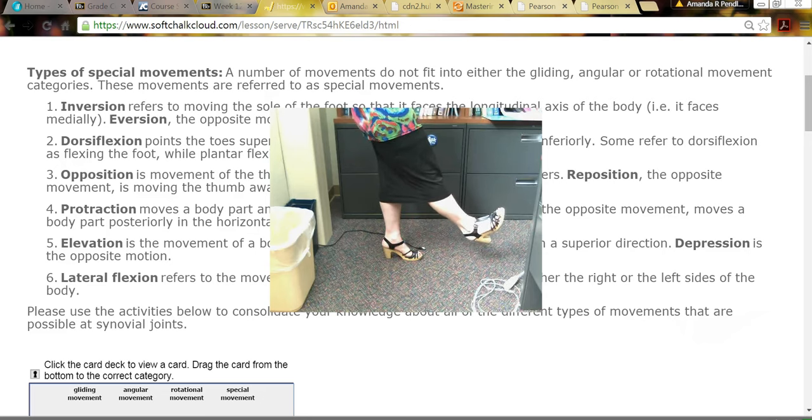The opposite is then plantar flexion, and this is where you're pointing the toes downward. So I think plantar flexion, P, I'm going to point my toes like a ballerina. Point also starts with a P. So plantar flexion, pointing them down, dorsiflexion, bringing those toes